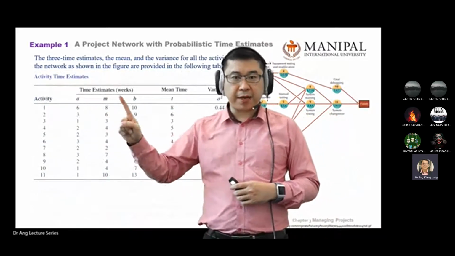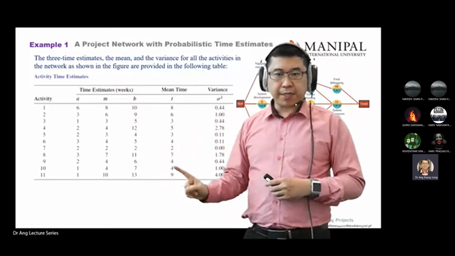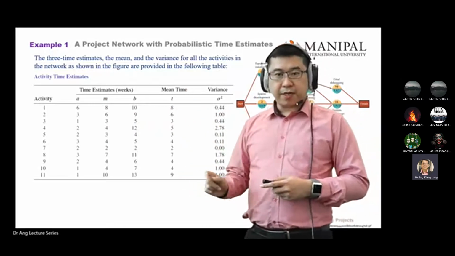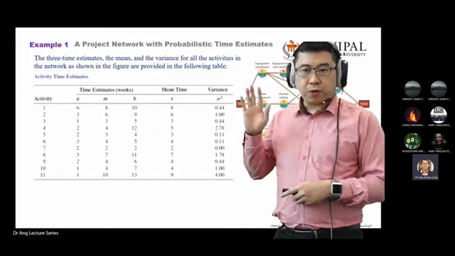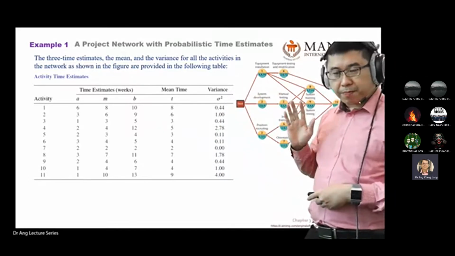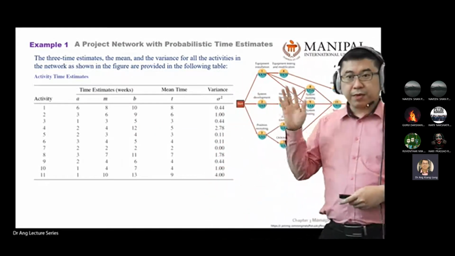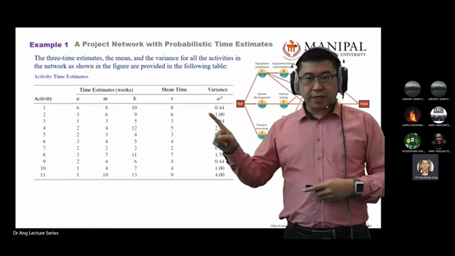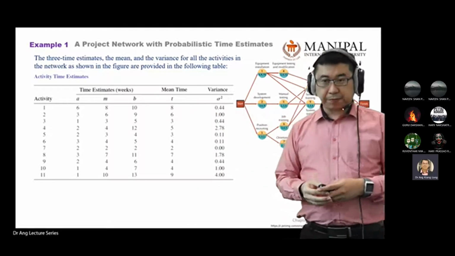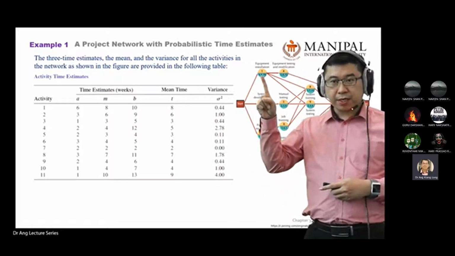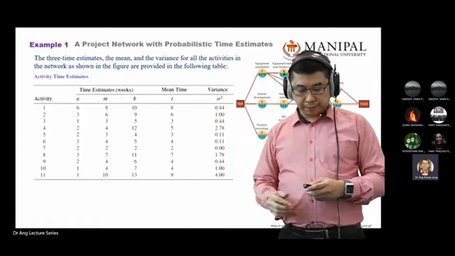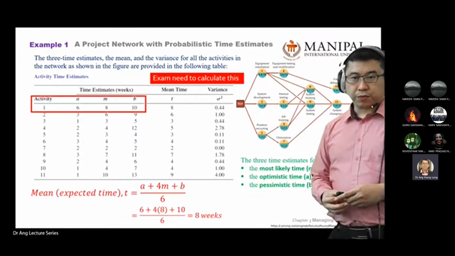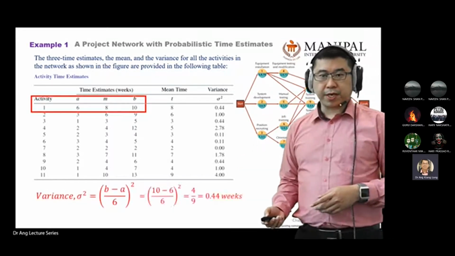So we have A, M, and B. We calculate the mean time, and then we find the variance. Once we have the mean time, we follow the prerequisite relationship, and then we build from this table, the mean time especially. So you replace the 3 numbers here with the mean time in this table. Then you convert into the matrix diagram,